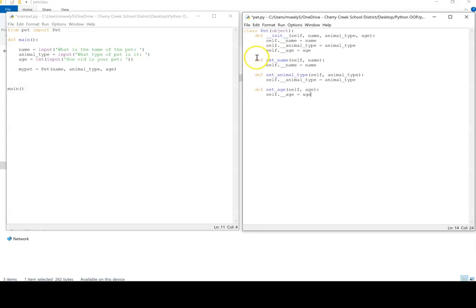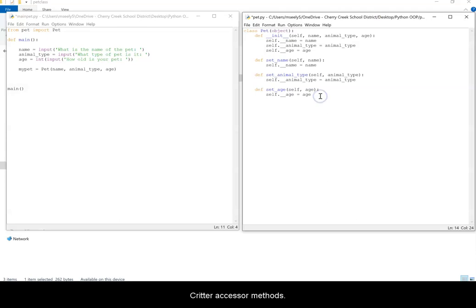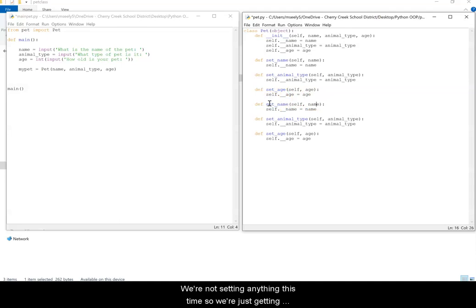Okay. And then when we create our accessor methods, we'll say get. And we're not setting anything this time, so we're just getting the information. Okay, so we'll return